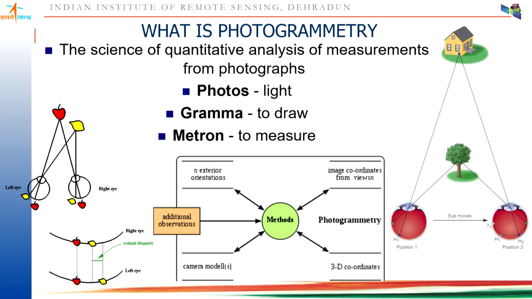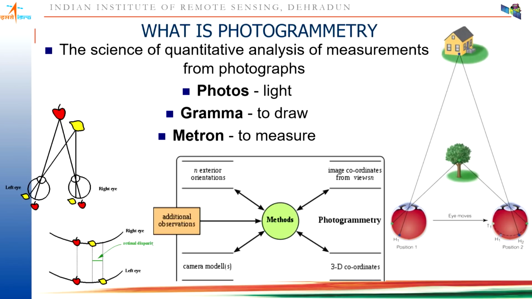So this is what photogrammetry is: creating precise three-dimensional information, or making precise three-dimensional measurements. These measurements are very, very precise. Once you have a three-dimensional model, you can do measurements on that model. The photogrammetric equations have been in use for the last 150 years. These equations are now foolproof, and they give very good accuracy.